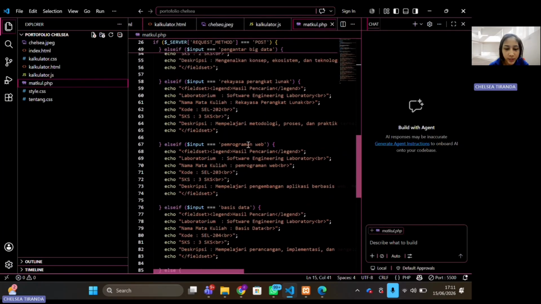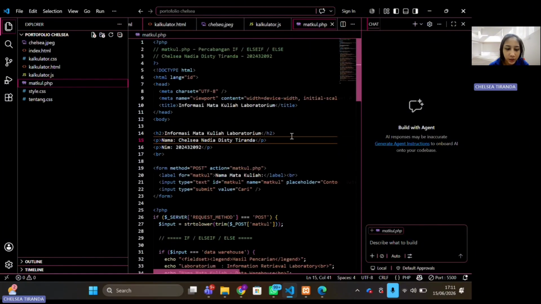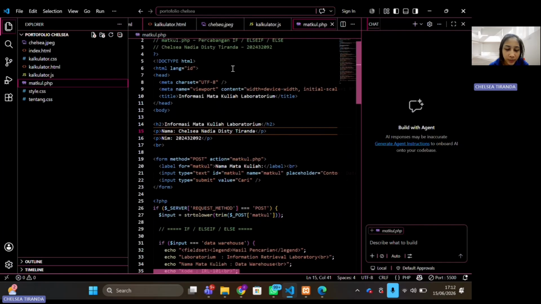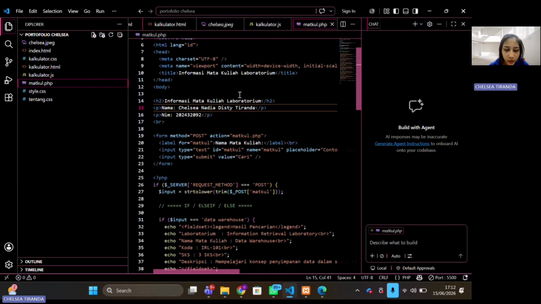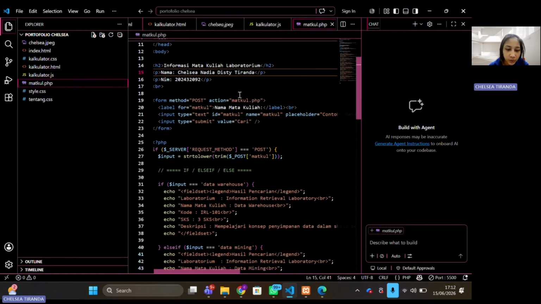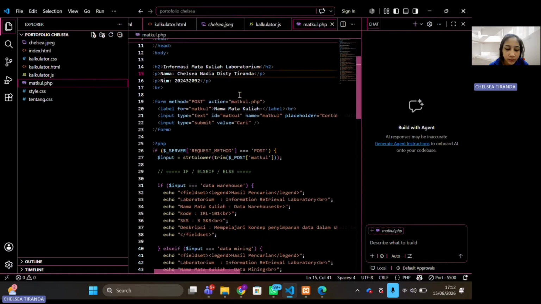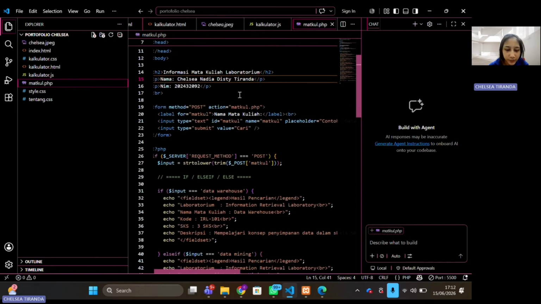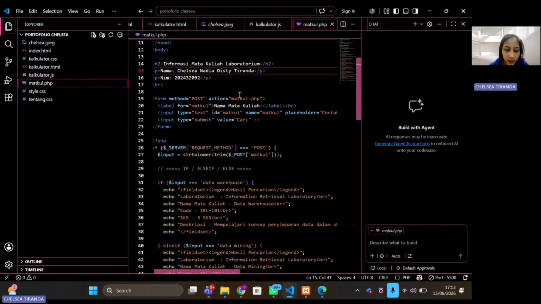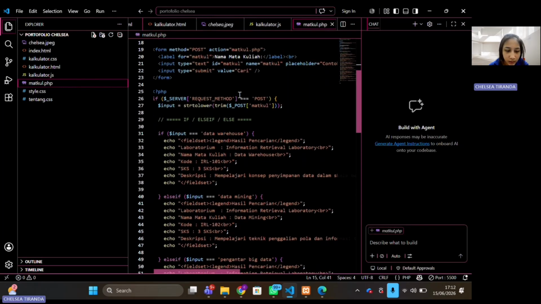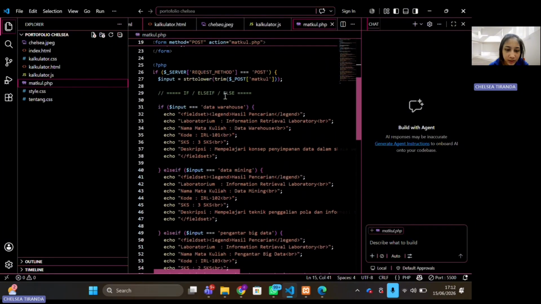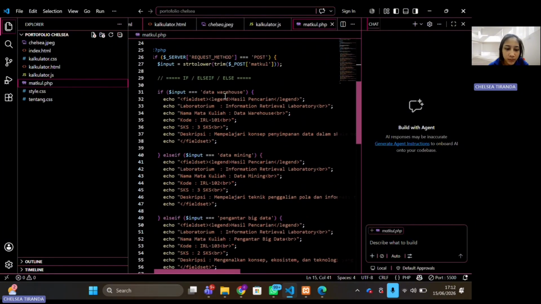The last file is matkul.php. For the second task, at the top, there is a watermark with my name and student ID in the form of a PHP command. This program creates an HTML form with post method containing one text input for the course name and a submit button. When the form is submitted, the input value is captured using $_POST. Then it is processed with strtolower and trim so the search is not case sensitive. Then it uses an if else structure to match the input with